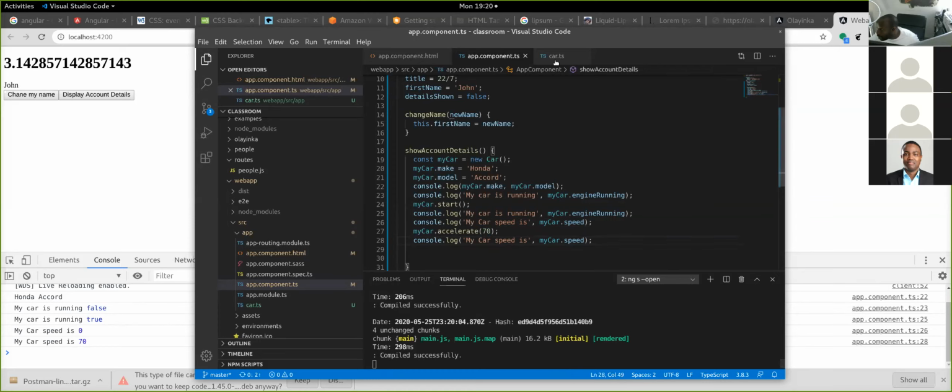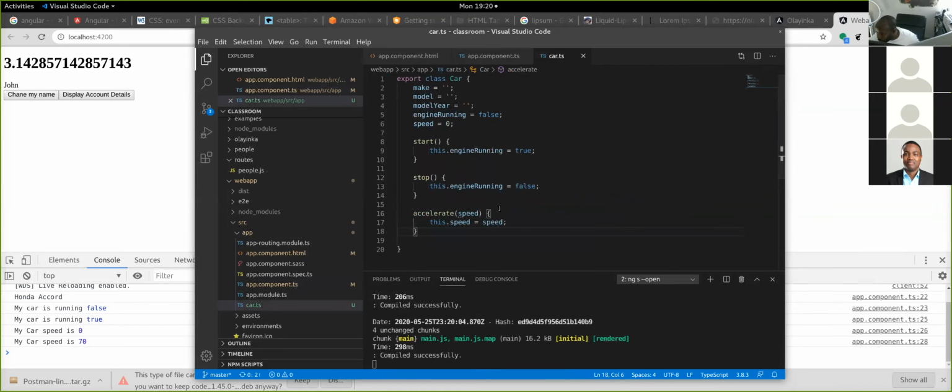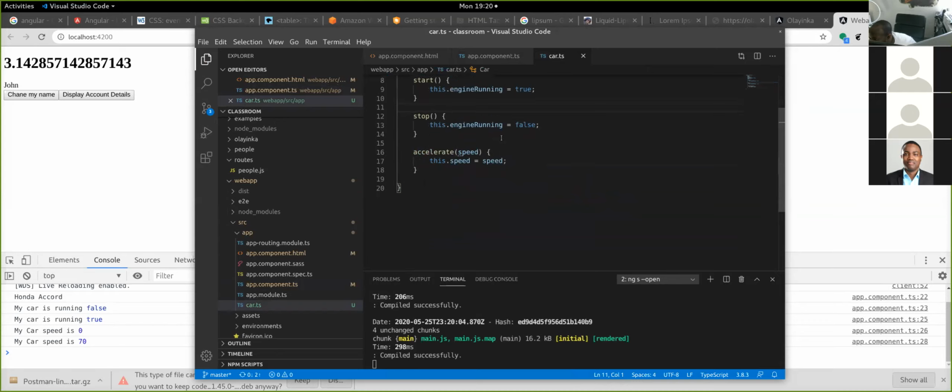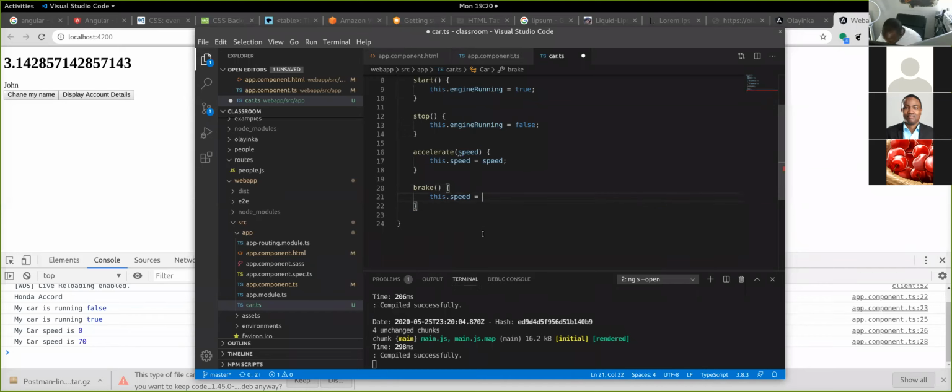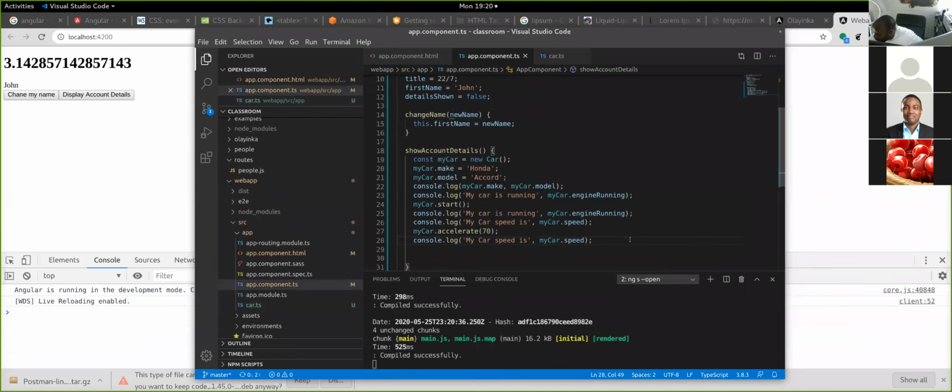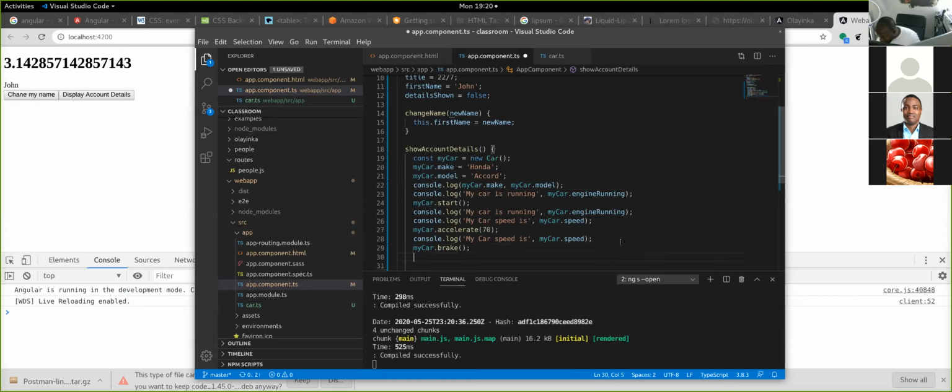And now here, let's see, what does brake do? I don't have a brake method. So let's add a brake method, right? Brake. And we'll say this dot speed equals 0. So if we come here now, we can actually ask the car to brake. So you can say my car dot brake. And if we now log the speed again,